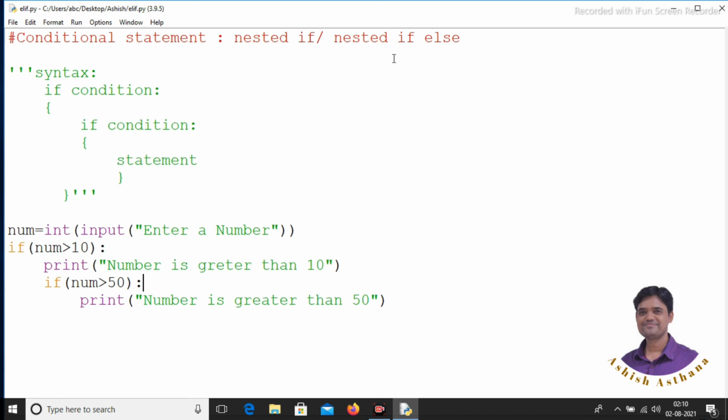In the same manner, you can use nested if else. Statement inside another if else statement is called nested if else. For example, in the same program we can do some modification. If number is greater than 50, it will print number is greater than 50, otherwise print number is less than 50,